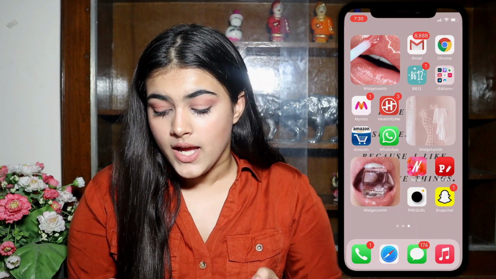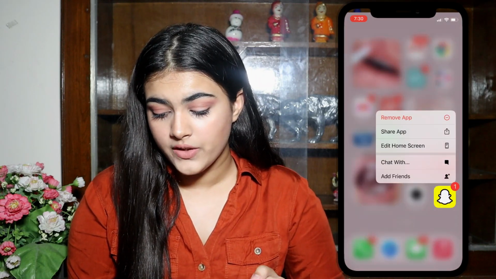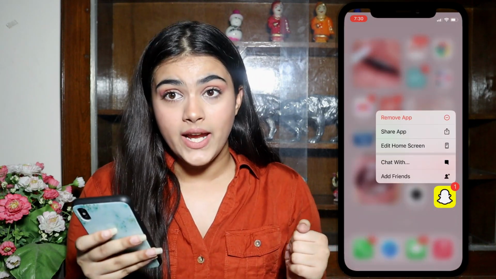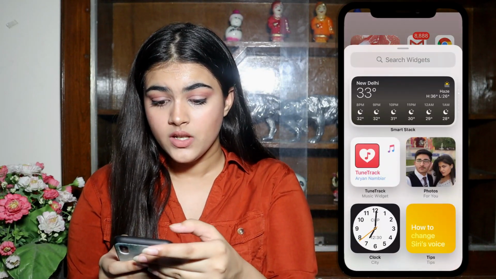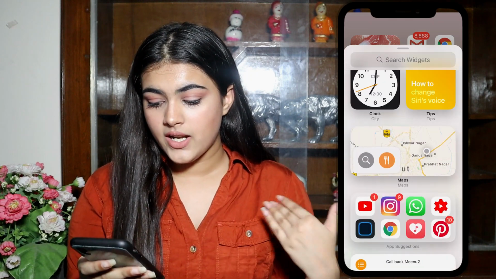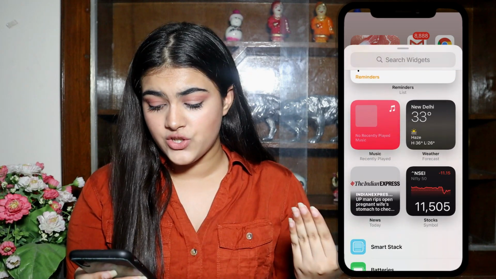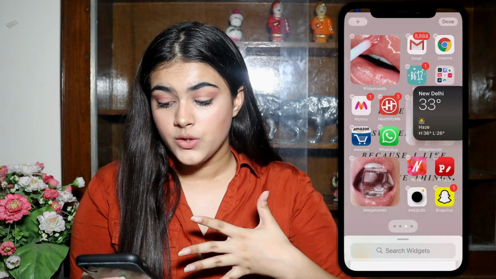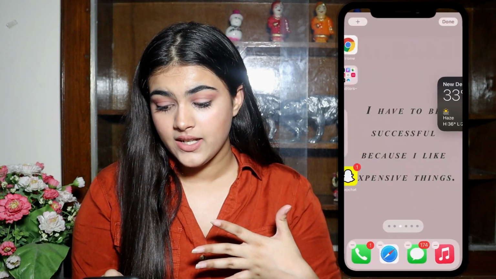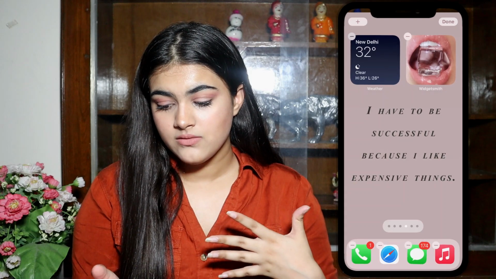So after downloading all of the images that you want, we're going to move on to the third step, which is how to add widgets. So for adding the widgets, all you have to do is hold an app, like I'm holding right here, press on edit home screen, and from there you'll see a plus button in the corner, and from there you can add any widget, like any widget that you want. Suppose if you want to go for the weather one, you can tap on it and you'll get it, and you will just apply it there, right there. I messed up mine, but it's okay. And that's how you add widgets.